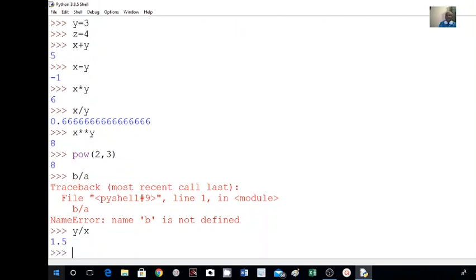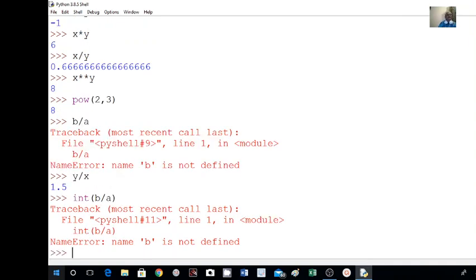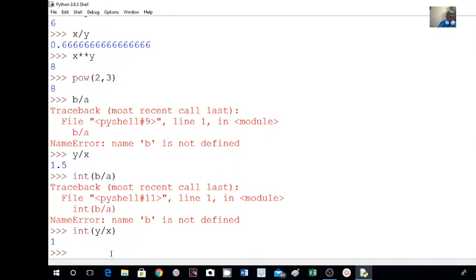To make this an integer, I will go for int(y/x), and the answer will be 1. Again I used a and b, I have to use x and y. This is equal to 1.